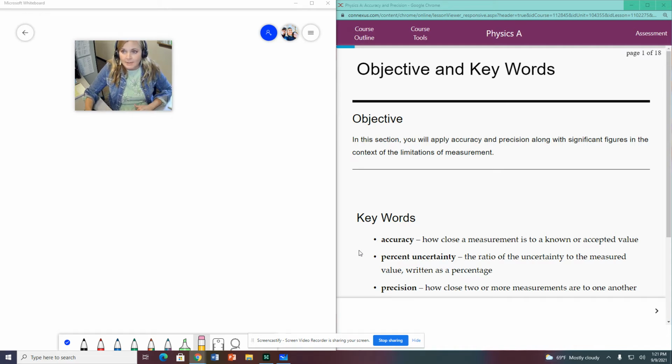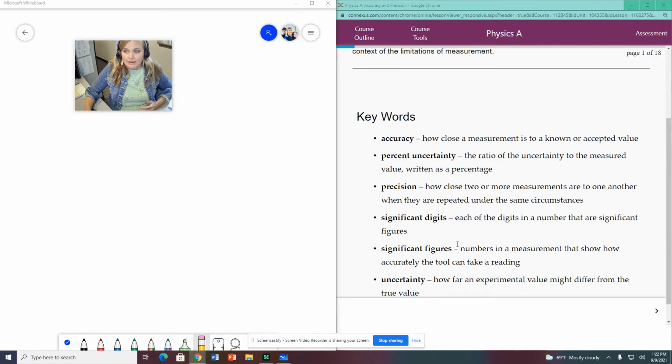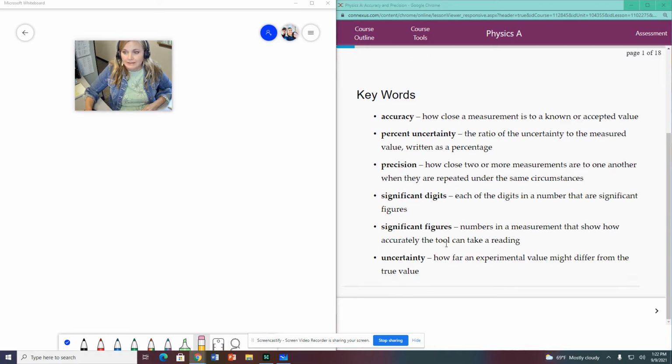So I have the lesson up on one side right there, and a whiteboard up in front of me that I'm going to use to write on as well. So accuracy and precision and significant digits and uncertainty are basically the concepts that are covered in this lesson, and